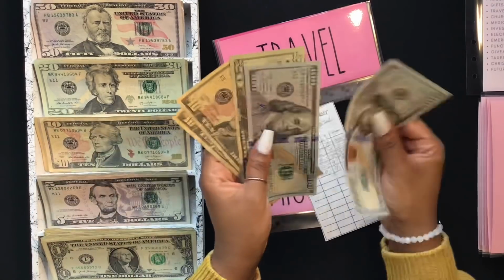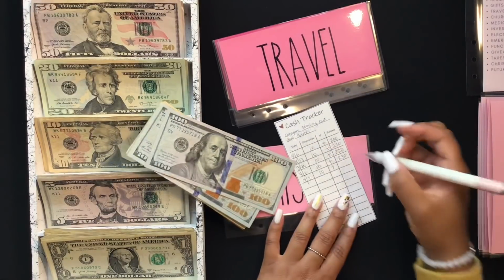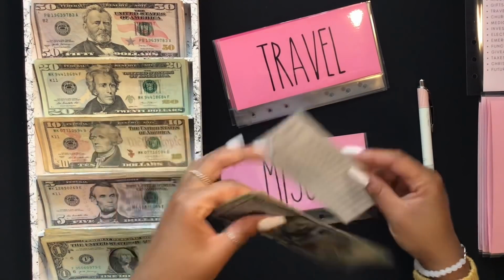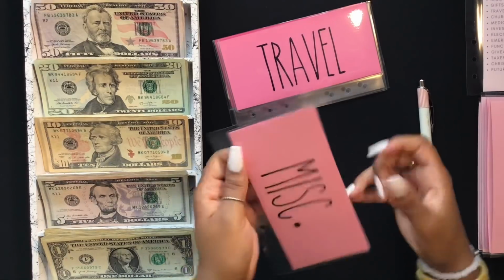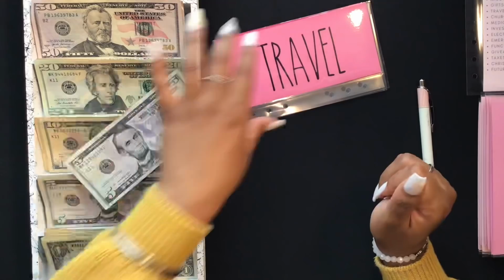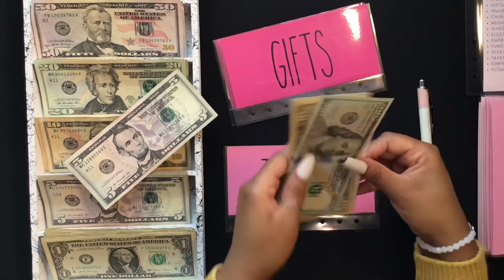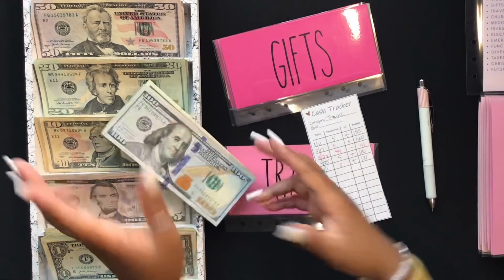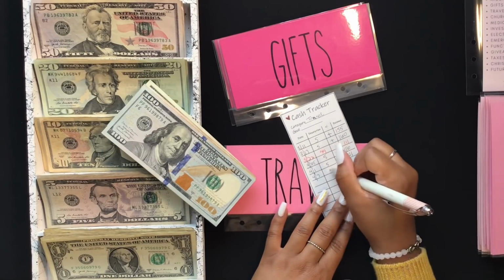And we have 1, 200, 220, 230, 240. My travel envelope is getting 5. And currently, y'all, I have no updates on my next trip, because this month, so y'all know the January trip